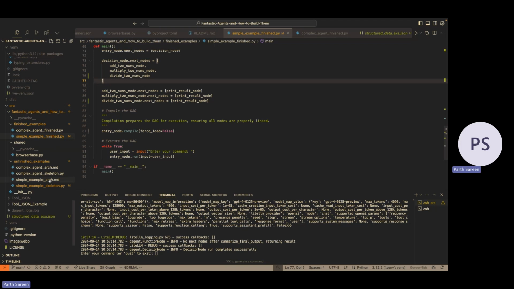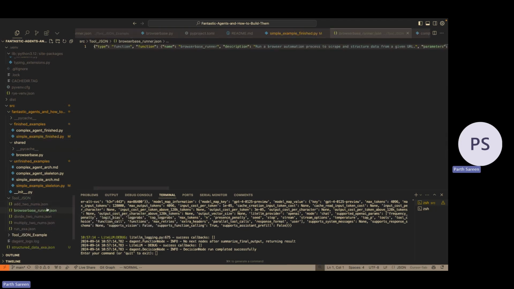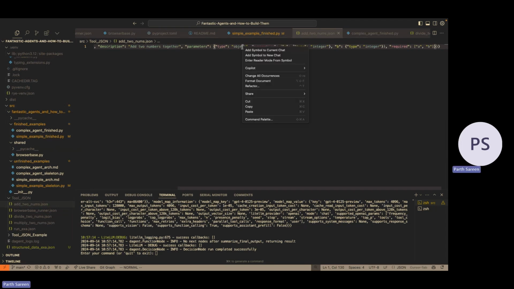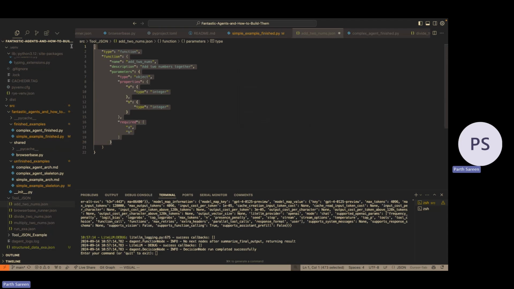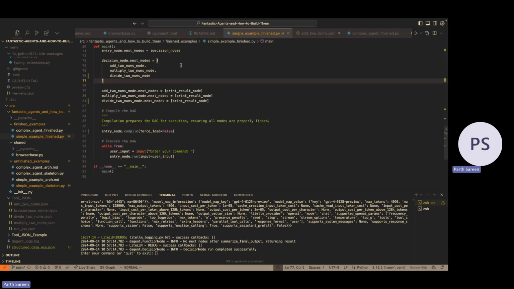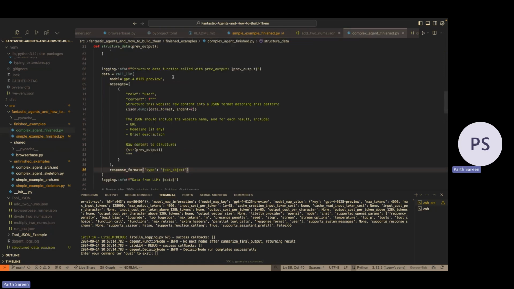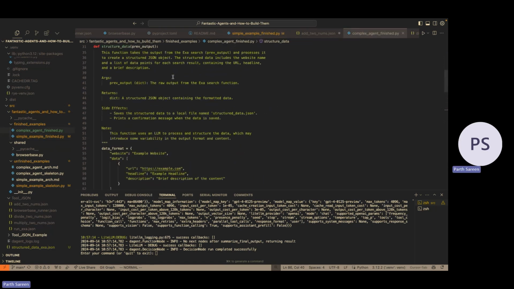It is helpful, but this tool JSON is essentially getting generated in the background. So add two numbers got this, and this all gets written for you. You don't have to write a doc string explaining what this is, because that's what the library is taking care of for you.